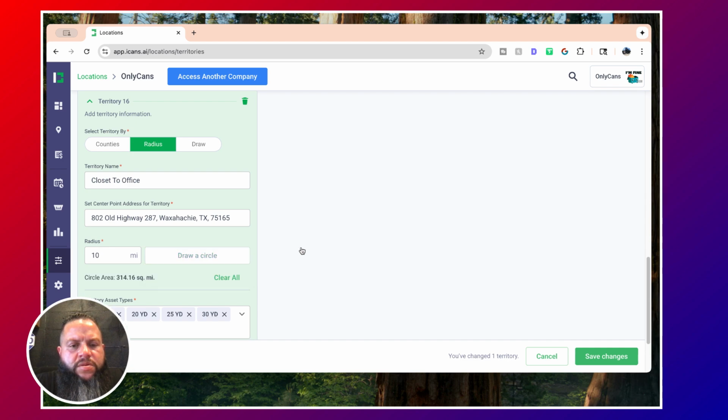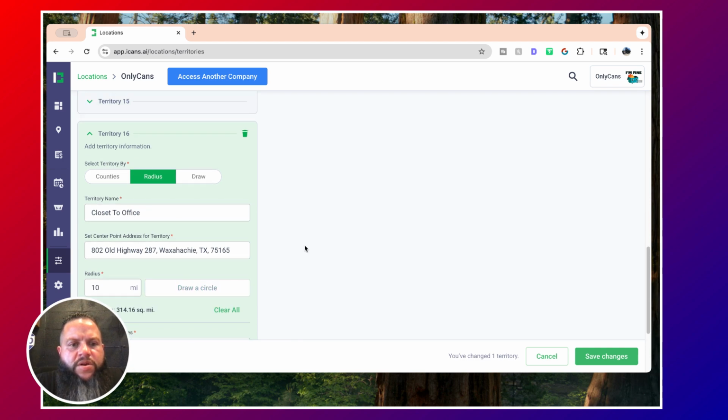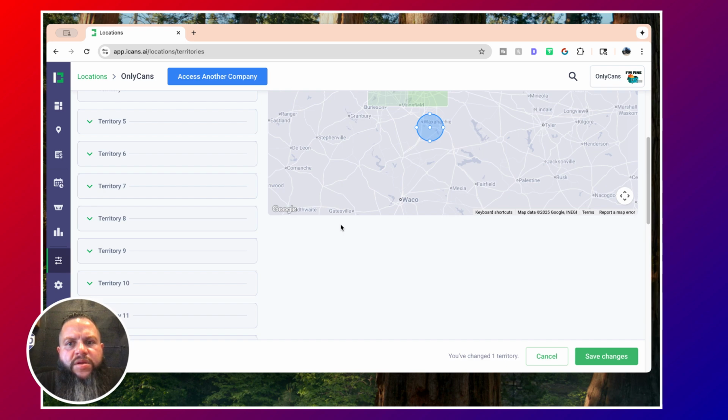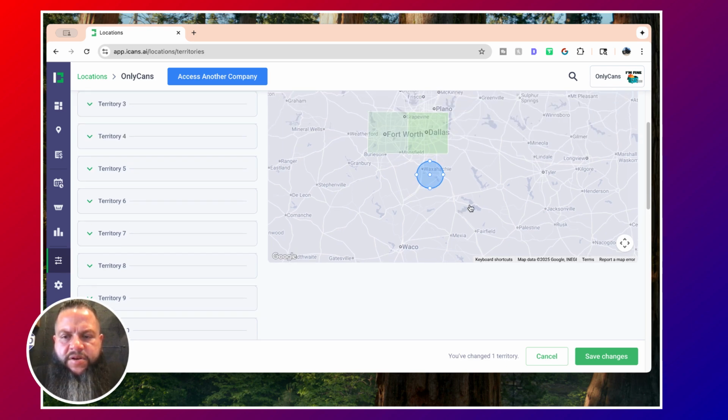Draw a circle. There we go. I wanted to draw a circle, so 10 miles. There you go. Holy moly. I'm fat fingering it too much, but there is the actual radius. The center of the circle is where my office is actually at. Kind of shows you how far I am from, let's say, Dallas or Fort Worth, but I cover all those